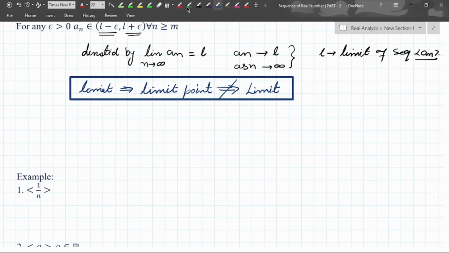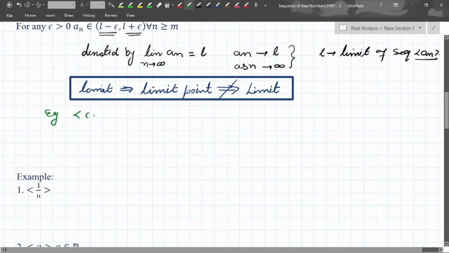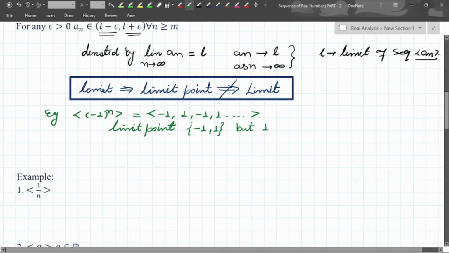So for example, the sequence (-1)^n. If I write this sequence, it is -1, 1, -1, 1, and goes like this. So what is the limit point of this? The limit point means the term of the sequence which is repeating infinitely many times. So -1 will repeat infinitely many times, and +1 also repeats. Then -1 and +1 both are limit points of this, but 1 is not a limit,